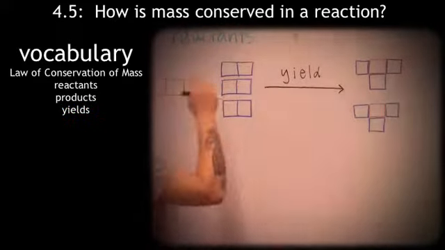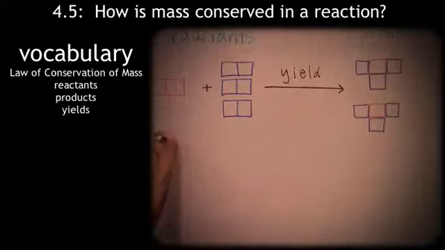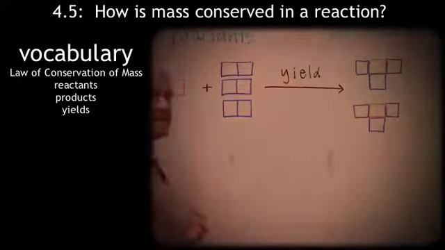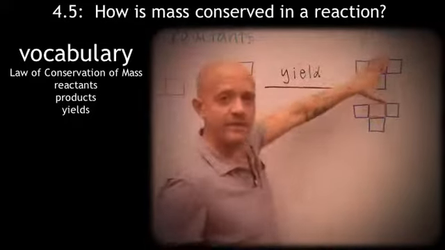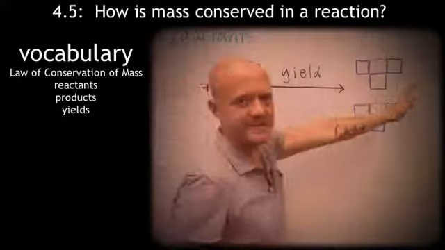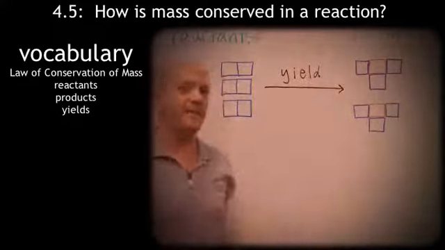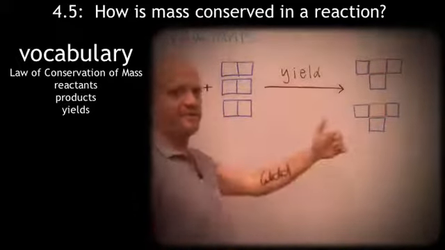So our reactants have to equal the products. Now in this example, because we're doing the law of conservation of mass, that means we started with 2 reds here, we have to end with 2 reds over here. We started with 6 blues here, we have to end with 6 blues. But the whole point of a chemical reaction is they're changing shapes, or they're changing partners, and they may change